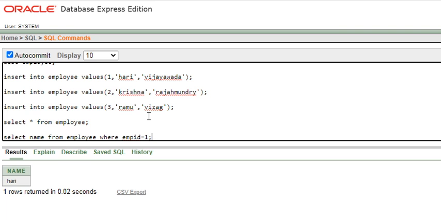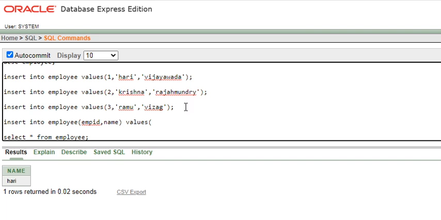And one more thing is, here I am inserting all the column values. If I try to insert only 2 column values, that can be also possible by using insert into table name, employee, specify the column names, EMP ID, comma, name, then values.